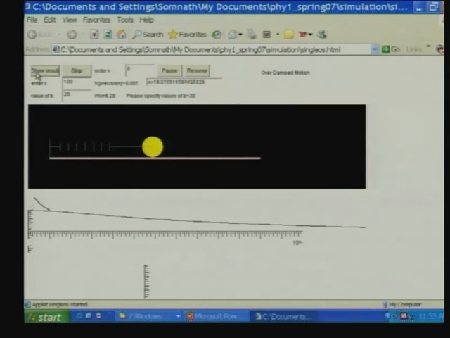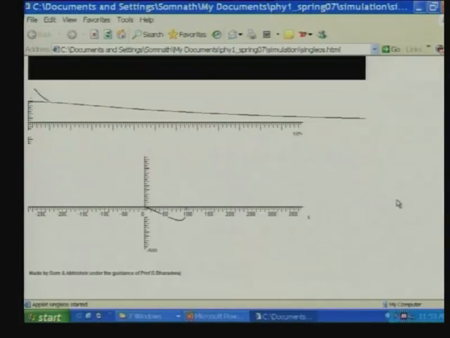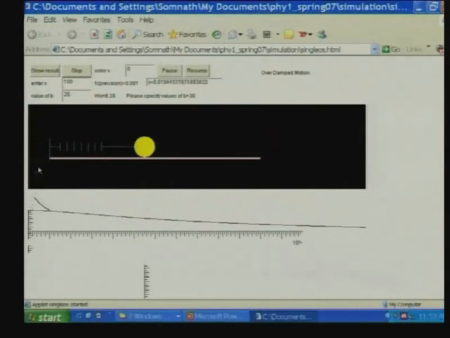See, notice that the oscillations have been totally killed and the particle slowly tends to the equilibrium position as time evolves. So, this is the situation in phase space. The particle starts from here and it slowly tends to the equilibrium position as time evolves. Now, let us see what happens if you increase the damping.